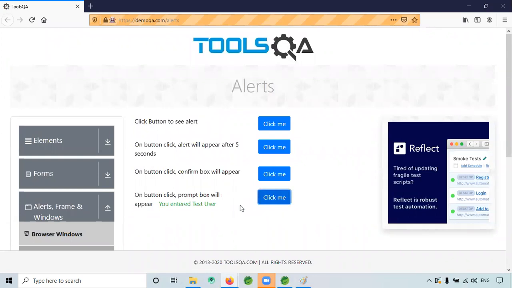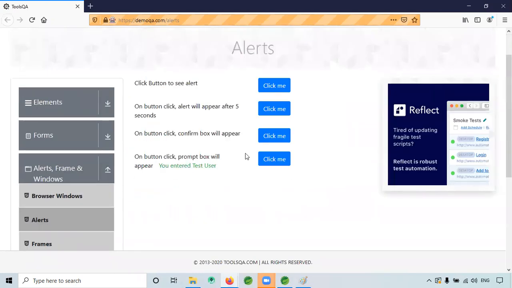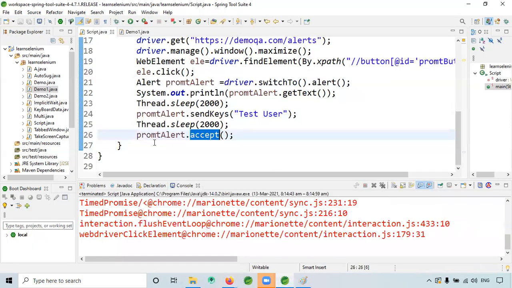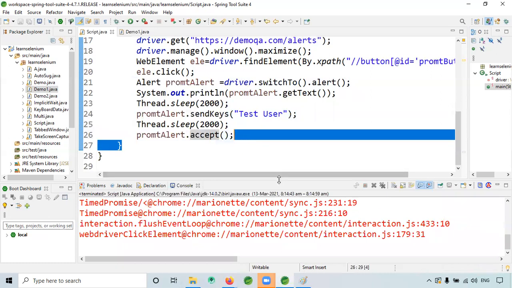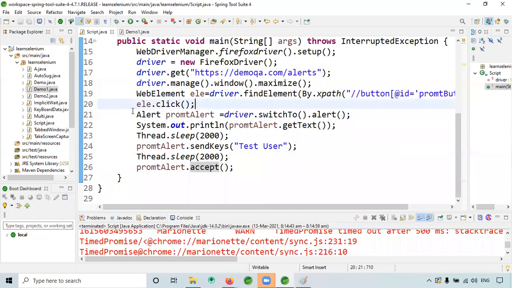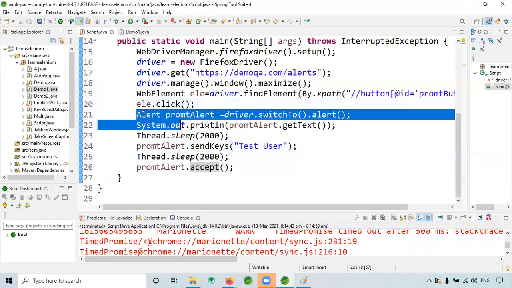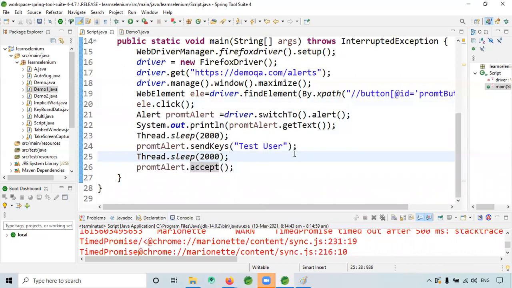And also you enter test user, and it is showing on this website. So that is how you can deal with the alerts. If somebody asks you how do you handle alerts, you can tell them this is how you can do it. Previously, this alert itself was not there.